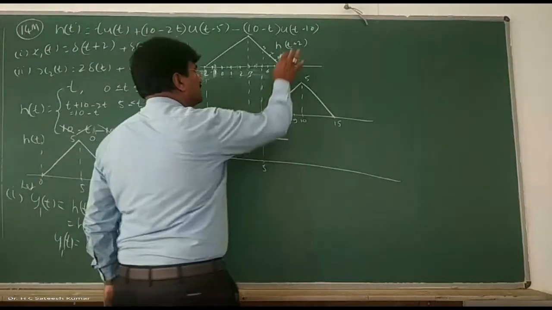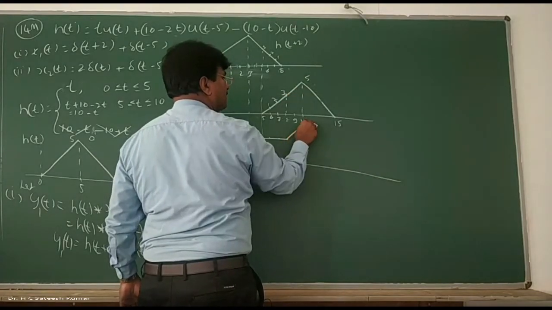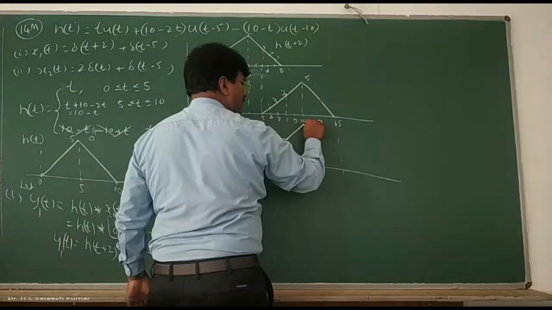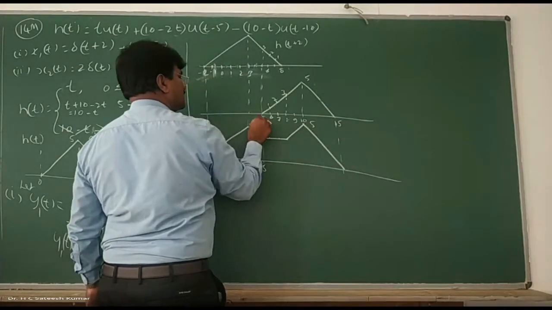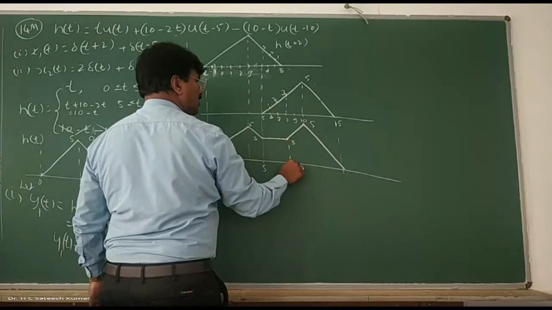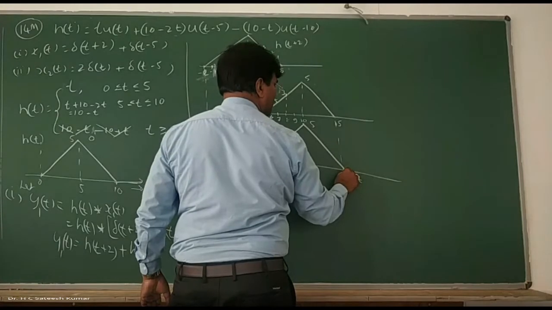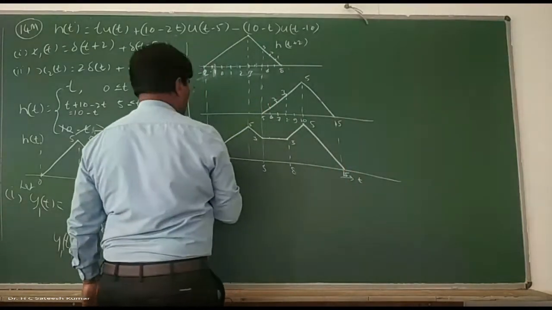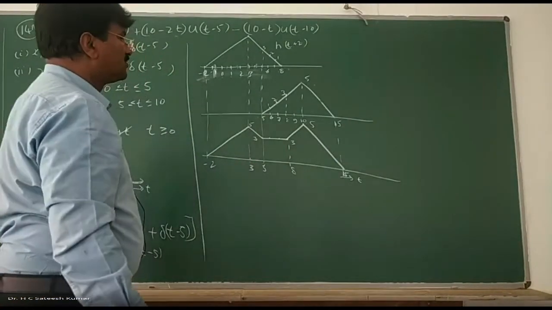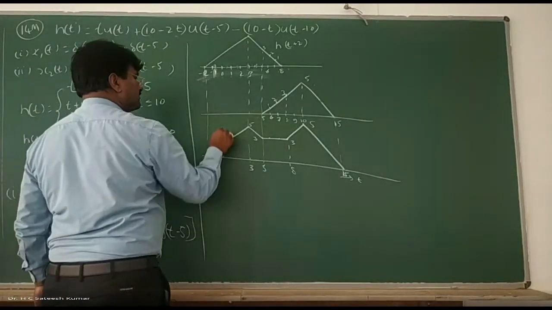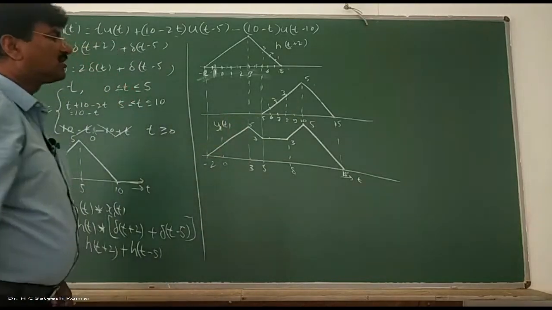Next is simple. 0 plus something, something. Something will be what? As it is, you copy it from here. This will fetch you 7 marks. This is 5. This is 3. Up to 8. This is t. And this is 15. And this will be minus 2. And this will be 3. Right? That's how we should do it. This we call y1 of t. This is 0, no? y1 of t. That's how we should do it.